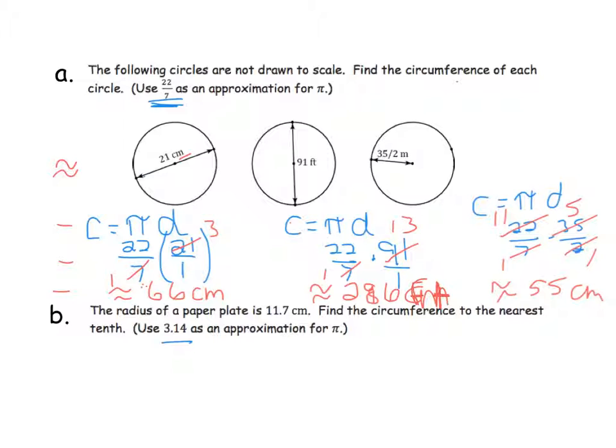Alright, so then the next one, here is my formula. I plugged in, and again I reduced first, and I multiplied, and I did not pay attention, and this is supposed to be meters. Not meters squared, just meters. Okay, so we're going to do the same thing for B,